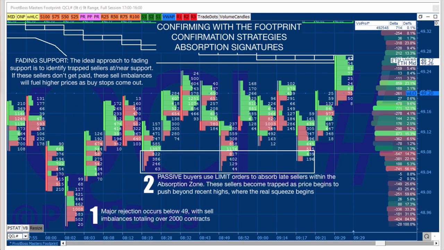And again, that's how institutions and programs and algorithms create an area to absorb and then create an iceberg order there. That's what we're looking for. And that's the entry point right there, ideally. Ideally, that's the zone. And so, nice little push up, and this thing went this way.